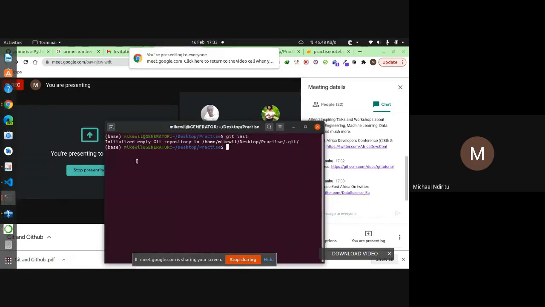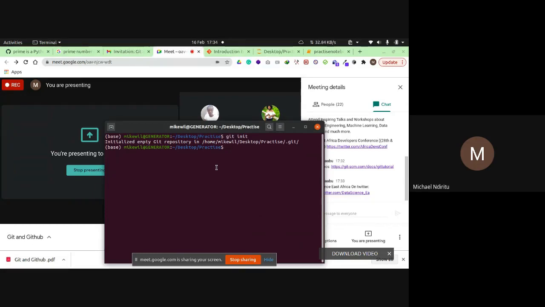As you can see, after this command git init, it initializes an empty git repository in your local machine inside the folder where you need.